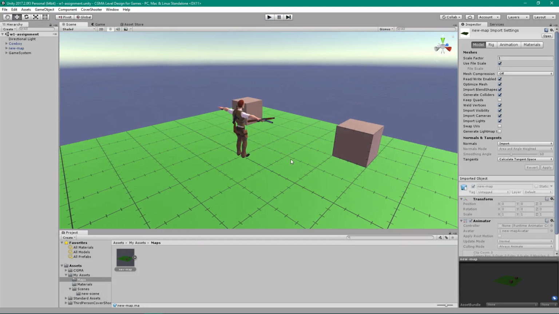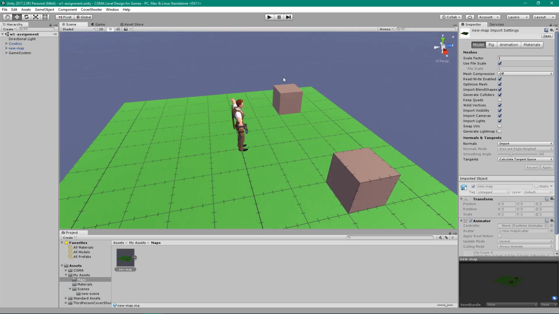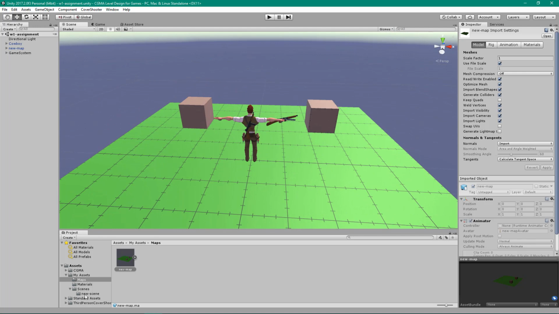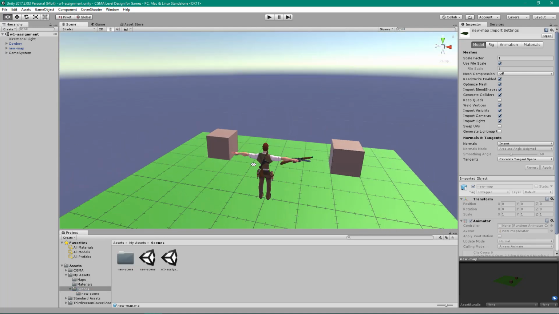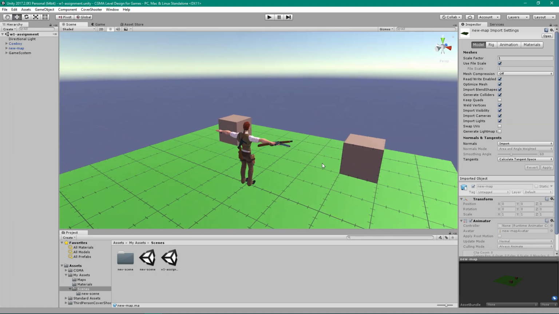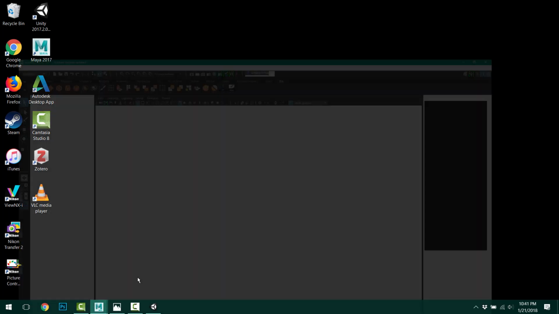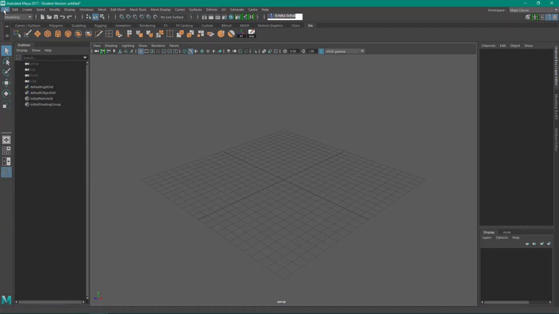This is the Maya file that I used basically for this first scene, this framework, but we want to create our own for this assignment. So instead of using this one, I'm going to go ahead and bring up Maya, and I'm going to explore over to